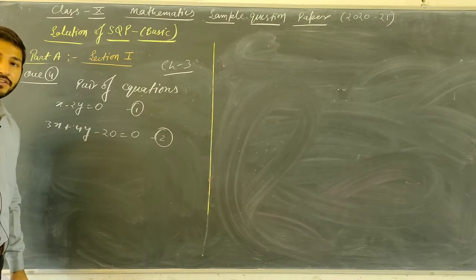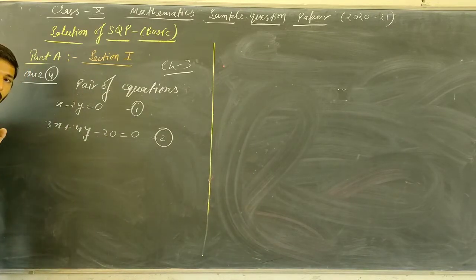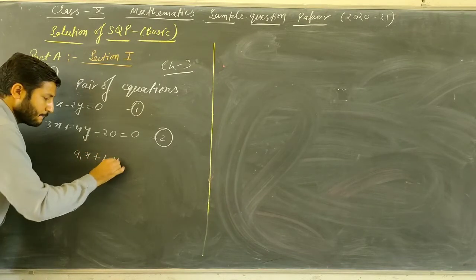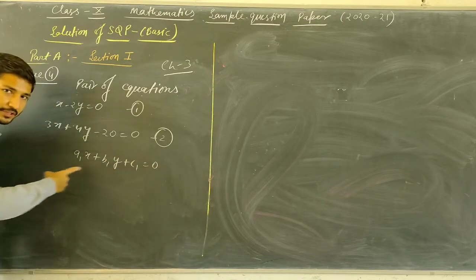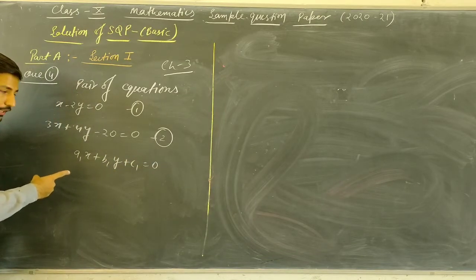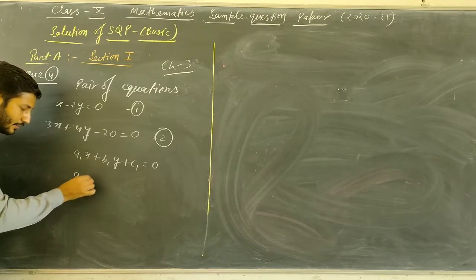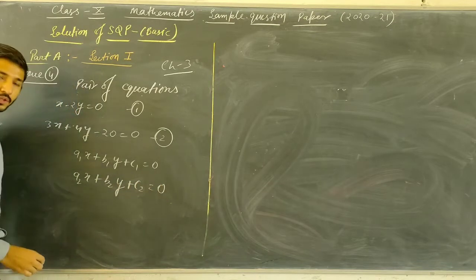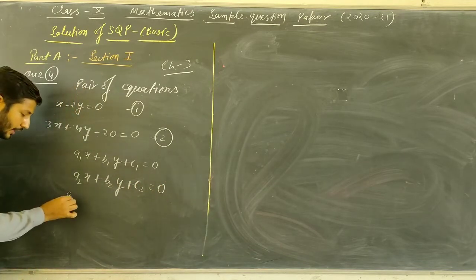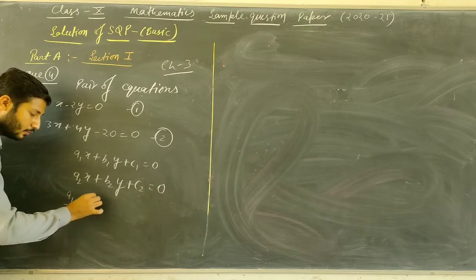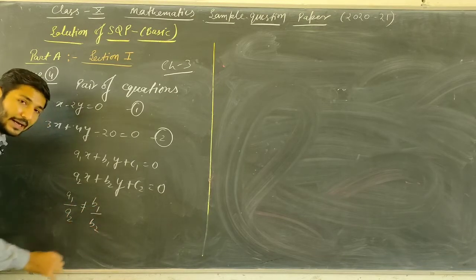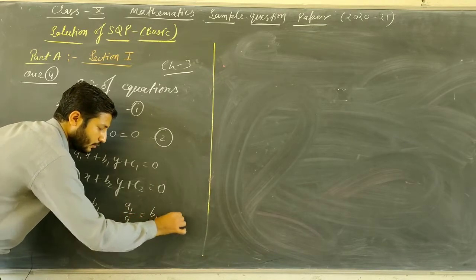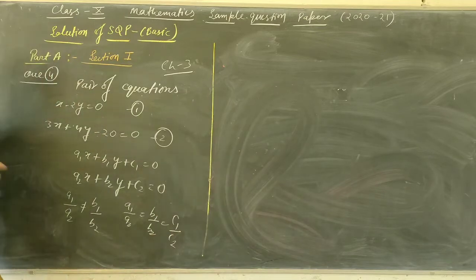On comparing the coefficients, what is the coefficient here? Do you know the actual solution for this? a1x plus b1y plus c1 equals 0 is your standard equation for a pair of linear equations, the first equation like this and the second equation a2x plus b2y plus c2 is equal to 0. For a consistent solution, a1 upon a2 is not equal to b1 upon b2, and in the second case a1 upon a2 equals b1 upon b2 equals c1 upon c2. We have two cases like this.